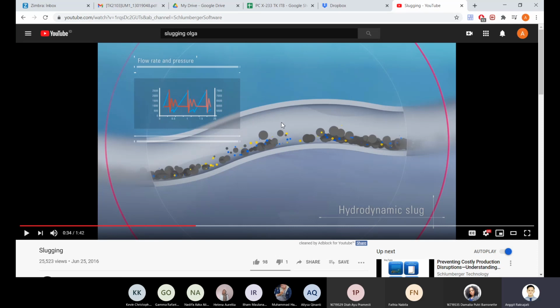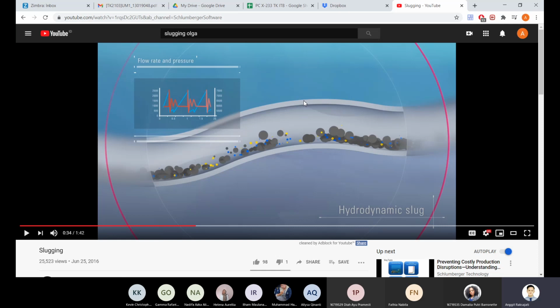Okay. Of course, you can imagine once the liquid starts to deposit at the bottom of the pipeline, the actual area that can be used to transfer the flow becomes smaller. Okay, so let's say it's a 10-inch diameter pipeline, but the bottom 20% of the pipeline is filled with slow liquid or almost unmoved liquid. Now actually you just have 80% of the pipeline that can be used. That means now we have a faster velocity, a bigger pressure drop. Okay, so if you start to imagine why we have a bigger pressure drop for a two-phase flow, that's some of the combinations that could happen.